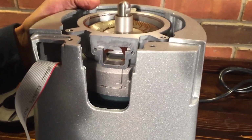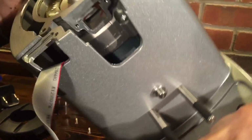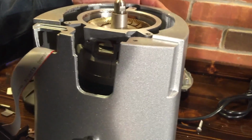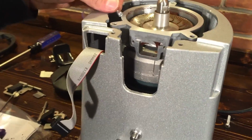So that flap has fallen in, so what I'm going to do is try and get that out. Tip the machine on its side here. Actually, I don't even hear it. That may not have even had a flap. Okay, so never mind. If it had a flap, let's say you drop something in, oh darn, I dropped